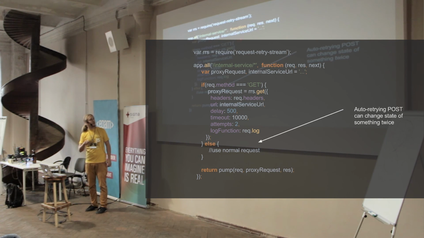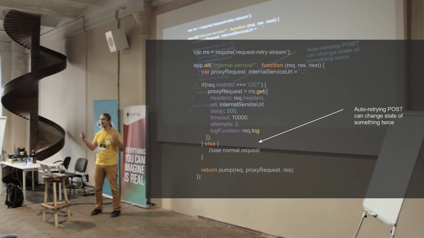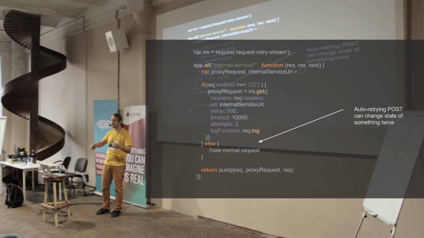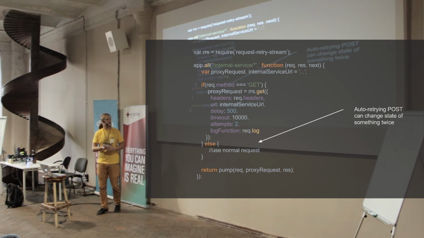You can just replace the normal request with request retry stream. It uses the same API as normal request, and you can use it as a stream here. No extra configuration: you just say how many attempts you want to make and what timeouts. With normal request and a callback, you can write recursive functions that retry to get some data and send it back. But with streams, it's more tricky. It requires some stream magic. You can take a look at the source code of this function later.